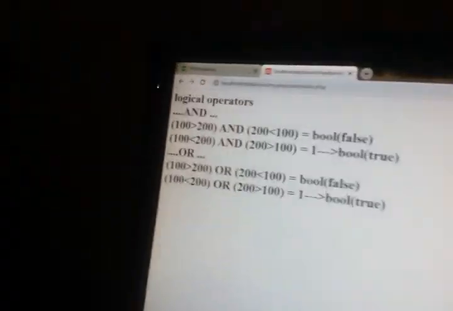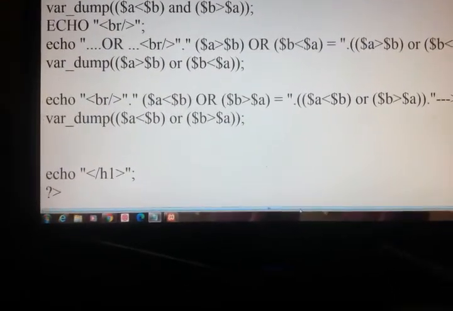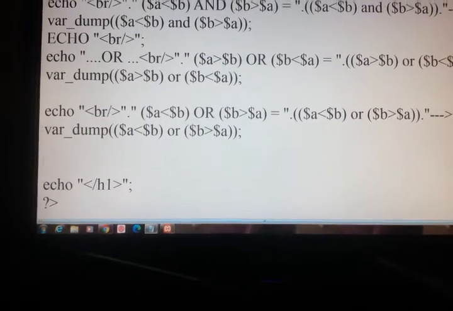Now we will use our original operators. Just copy paste.